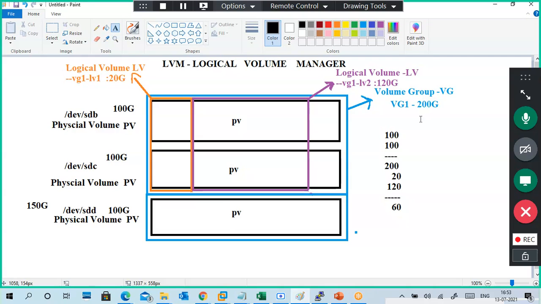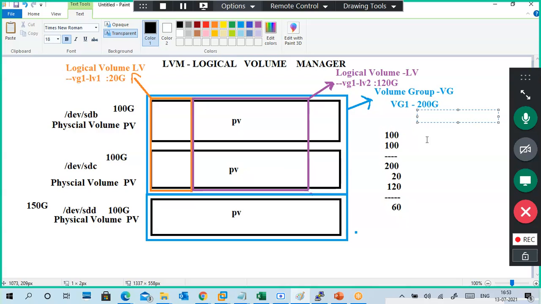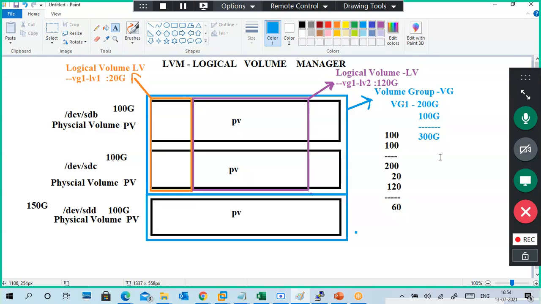Now what happened here? My volume size is increased by another 100 GB. So what is my volume group size now? 300 GB. My total size is now 300 GB.